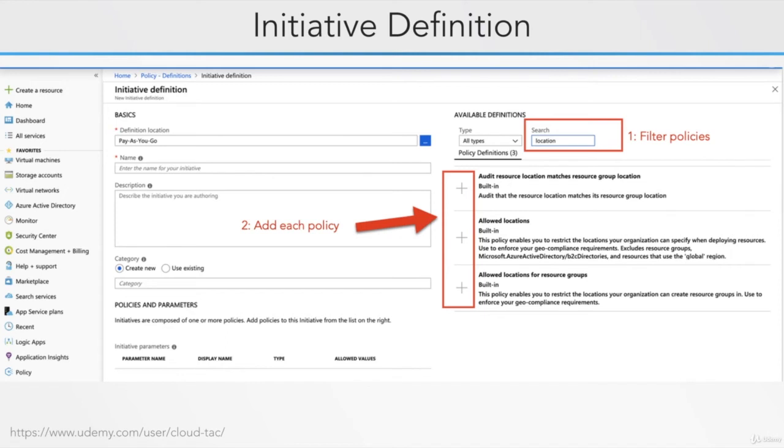The audit resource location matches resource group policy audits that the resource location matches its resource group location. So if I create a resource in South Africa, its location must be the same as the location of the resource group it is defined in. The allowed locations policy enables my client to restrict the locations they can specify when deploying resources. Finally, the allowed locations for resource group policy enables the bank to restrict the locations its engineers can create resource